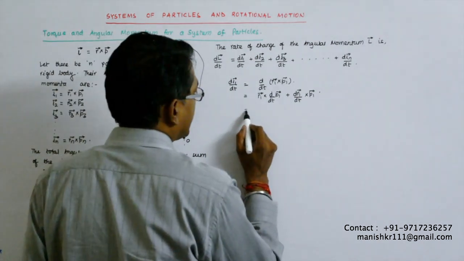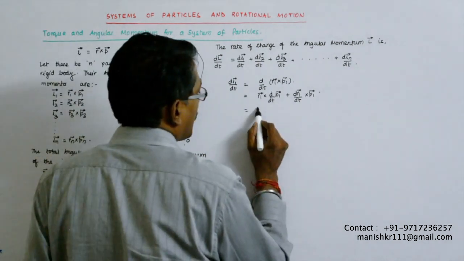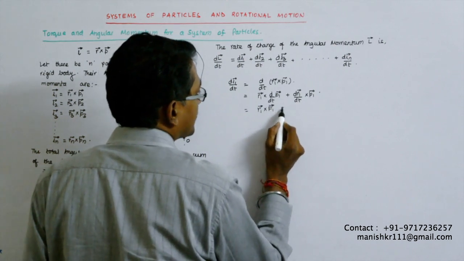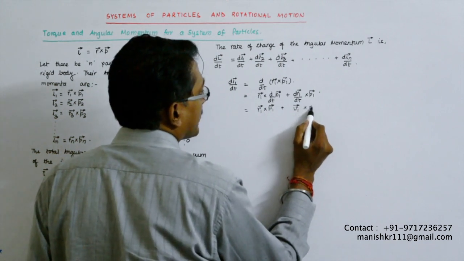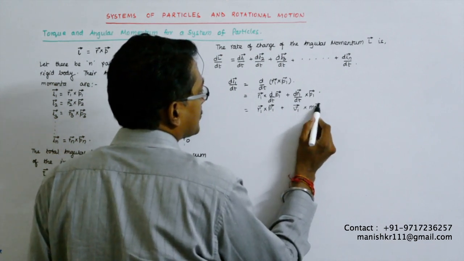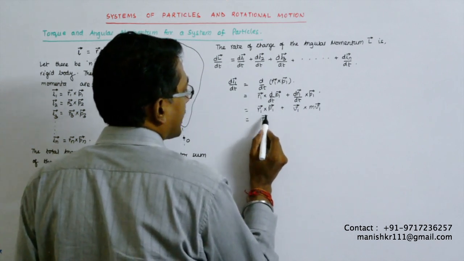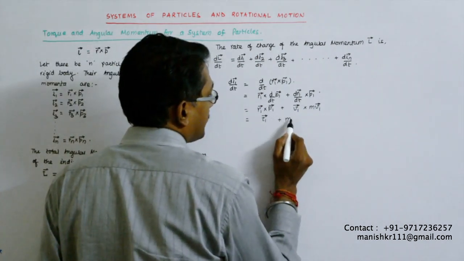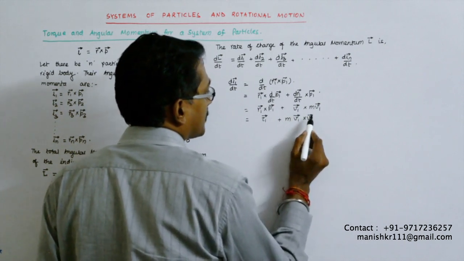And dp1 by dt is what? This is the rate of change of momentum, which is force. So this is r1 cross f1 plus dr1 by dt is v1 cross p1, which is mv1. And r1 cross f1 is what? Tau. So I name it tau 1, plus